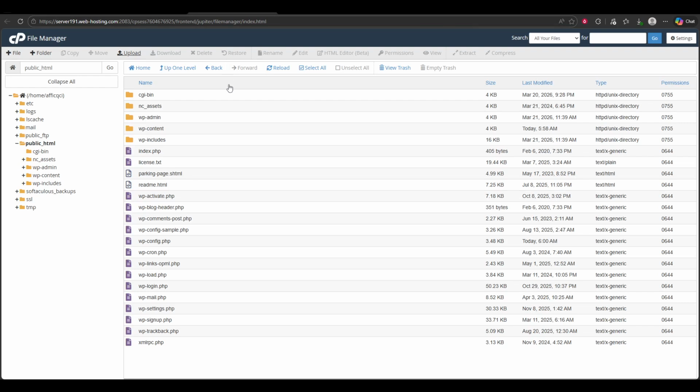Select the .zip file by clicking on it once, then look at the top toolbar again. Click the Extract option. This will open a small pop-up asking where to extract the contents. The path should already point to the Public HTML folder. Confirm the extraction. After extraction is done, you'll see a list of all your website files and folders inside Public HTML. If everything looks good, your website files are now in the right place. At this point, you can visit your domain in a browser and your uploaded site should load from the